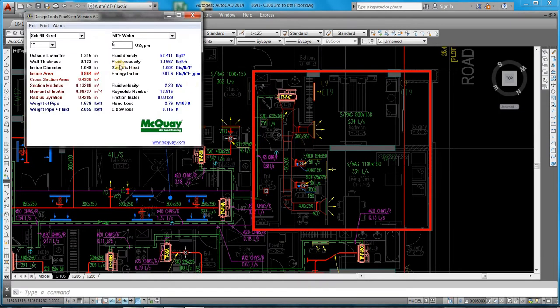We are getting only liters per second, but when you are doing pipe sizing with the Macway pipe sizer software, we need to convert this 0.38 liter per second into GPM. How to convert 0.38 into 15.85? There is a conversion, and in this conversion we will get 6 GPM.